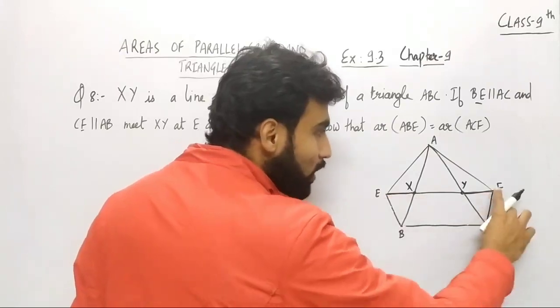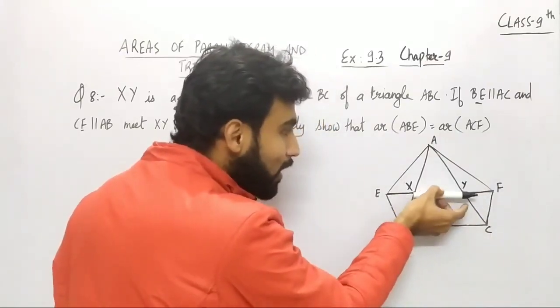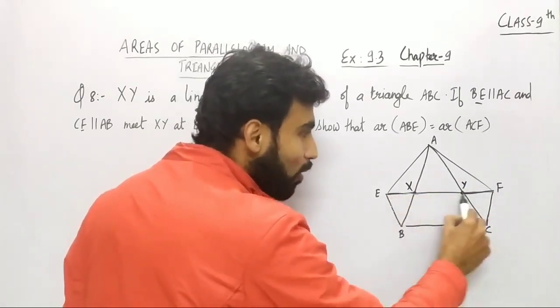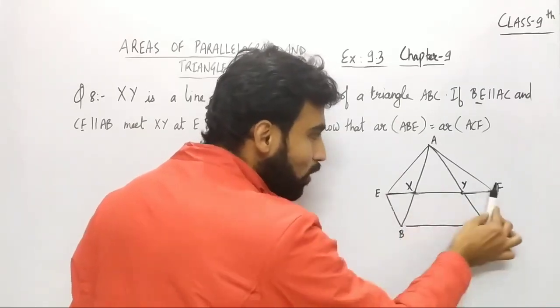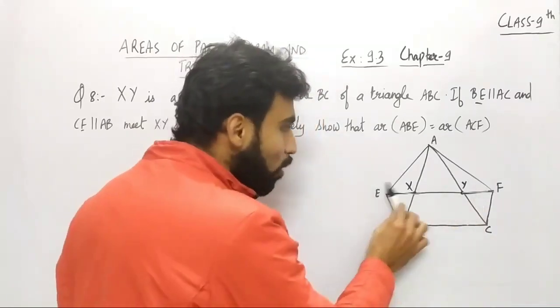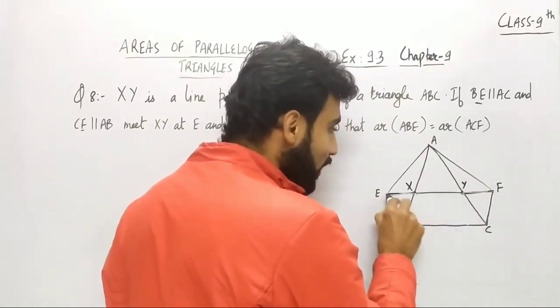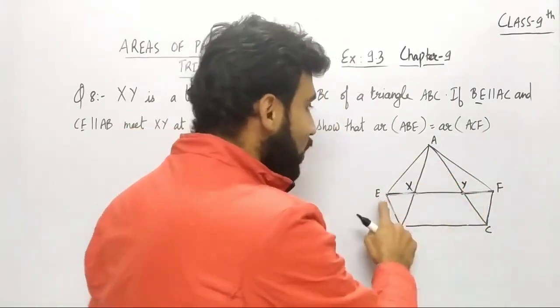So ये जो BE और CF हैं, ये दोनों lines जो हैं आप देख सकते हैं, ये XY line से कहां पे मिलती हैं? E और F point पे. अगर मैं XY को extend करता हूं both sides पे तो वो E और F पे जाके मिलेंगी इन दोनों sides को, right? So BE और CF जो है वो meet करती हैं XY को at the points you can see E and F, right? So देख सकते हैं आप दोनों मिल रही हैं E और F point पे.